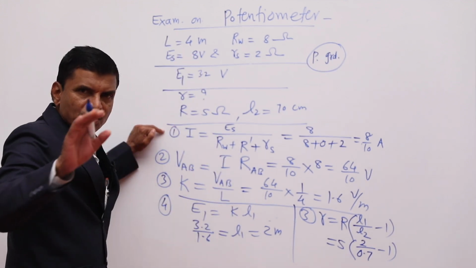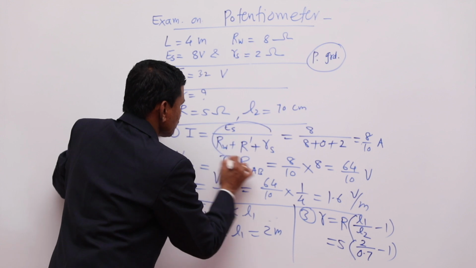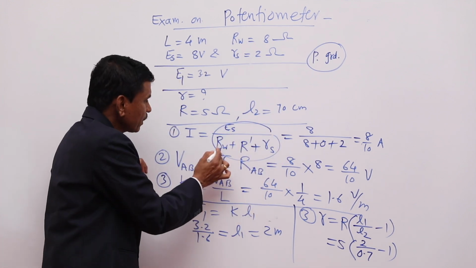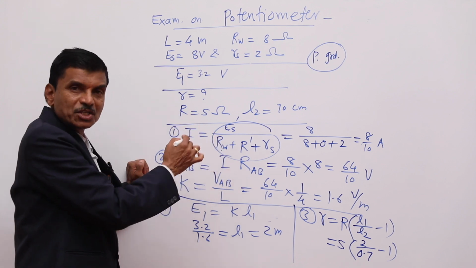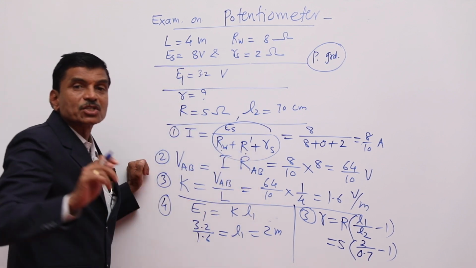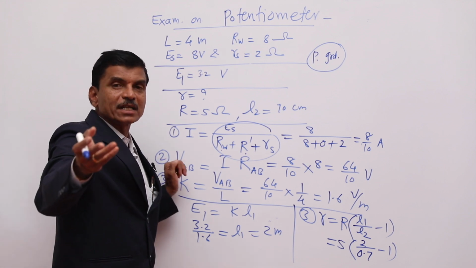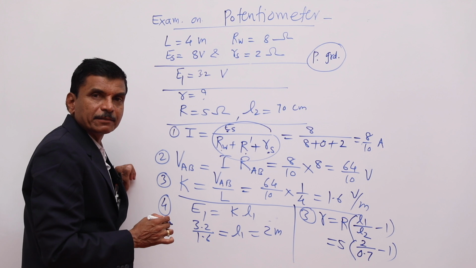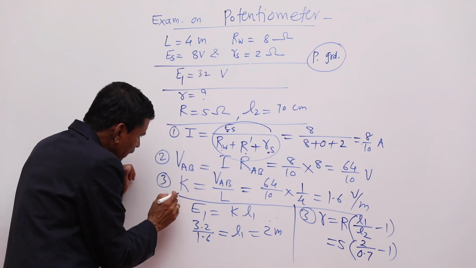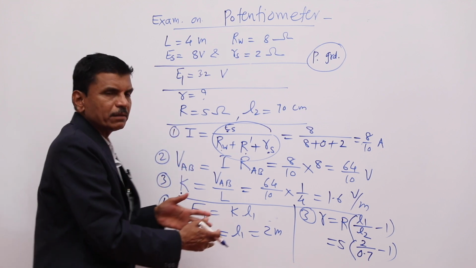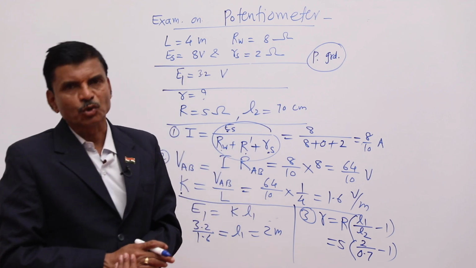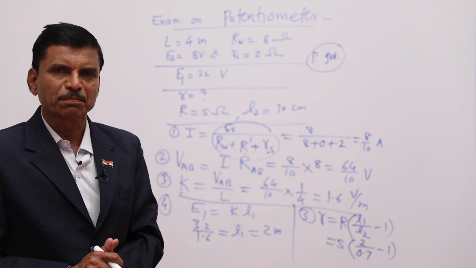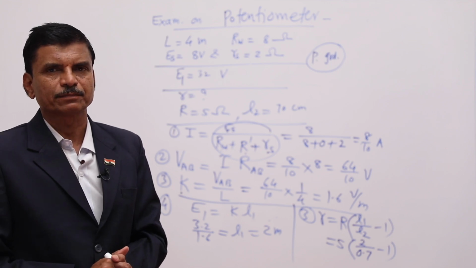First thing, find the constant current by using this equation. ES, that is the EMF of the accumulator. RW, that is the wire resistance. R dash is some resistance that can be connected in series. RS, that is the internal resistance of that battery. First thing, then find the potential gradient and then find what you have been asked by using the formula. Okay, very simple examples are there for potentiometer. Thank you.